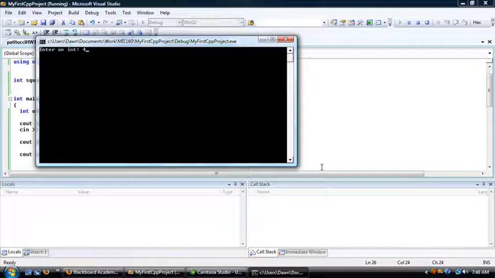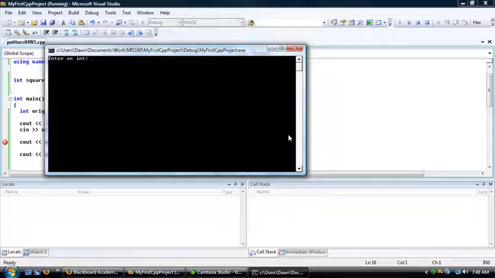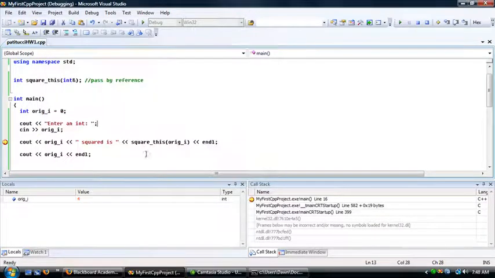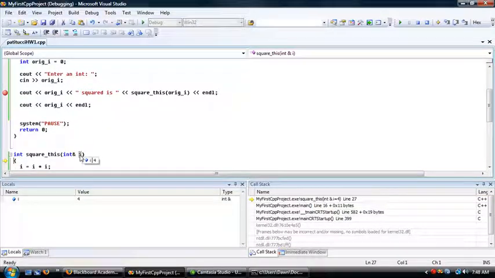Okay, let's enter a number 4. 4 squared is 16, okay? The original value was not preserved. So that's really what a pass by reference does. What it does exactly, let's step through this. Okay, what are we passing exactly? Okay, I was hoping to see something else there, but basically it looks like we're passing a 4, but we're actually not. We are passing the address